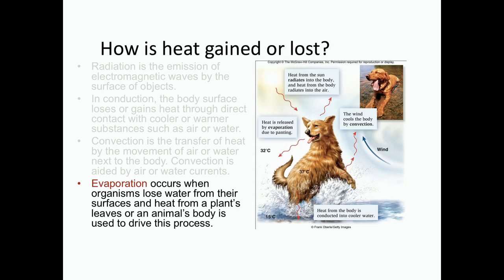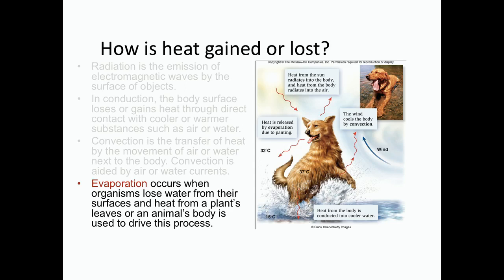Right? So the same thing happens in dogs when they pant. They're panting, they're actually allowing water from their tongue to evaporate. They're speeding that up by breathing over it, so convection. And that helps to pull more of that water away. And as that water leaves their body, it pulls energy with it. So evaporation often helps to cool organisms. So as they lose water from their surface, they lose heat from their surface.